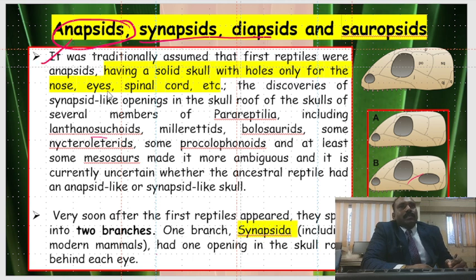It was traditionally assumed that the first reptiles were anapsids, having a solid skull with holes only for the nose, eyes, spinal cord, etc. The discoveries of the synapsids, with openings in the skull roof, and the several members of the para-reptilia, including